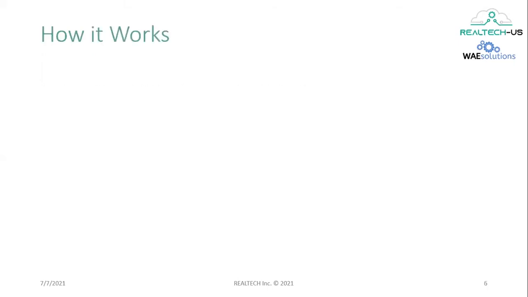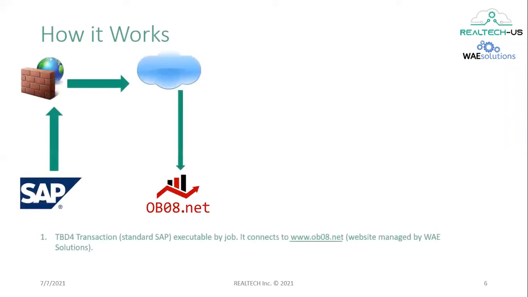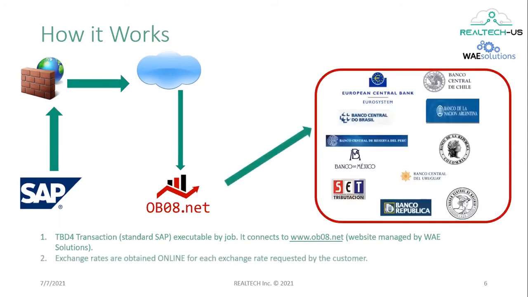So how does it work? Once the customizing is done, we plan a job, usually during the night, for the TBD4 transaction. Every time that the TBD4 transaction gets executed, it connects to our database automatically, and based on the different currencies that are defined in the customizing, we read the different exchange rates that we obtained from